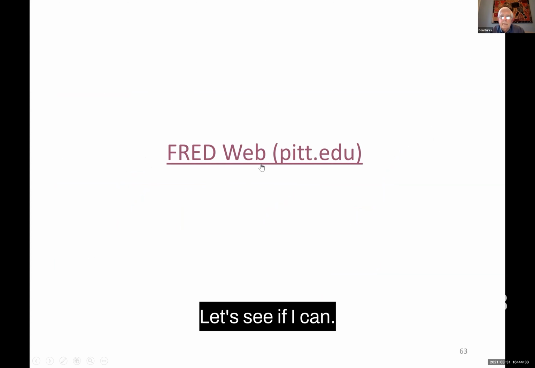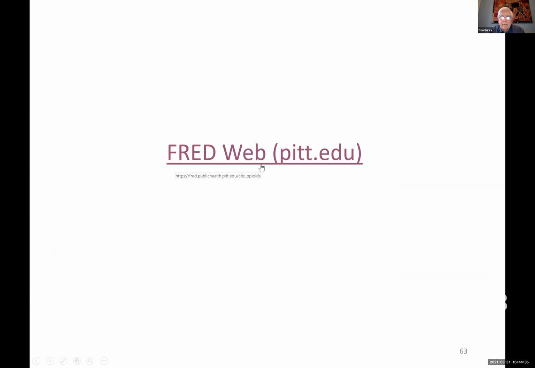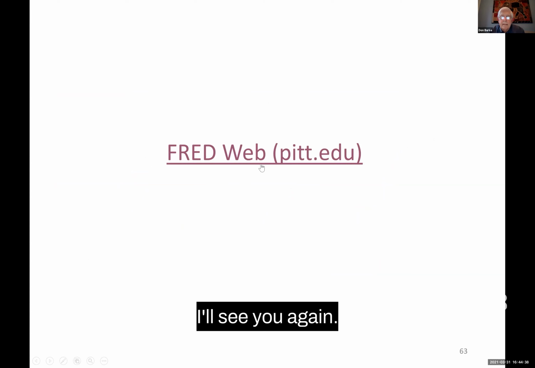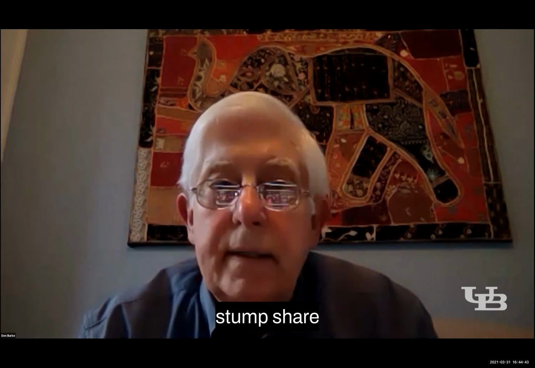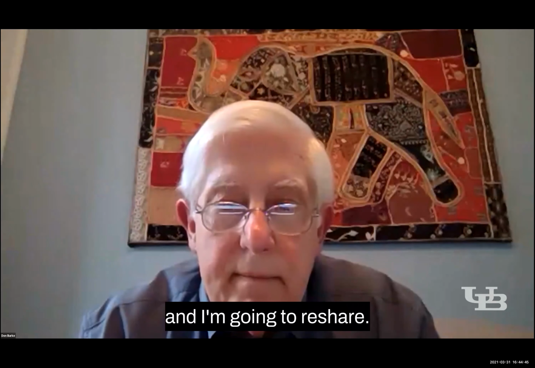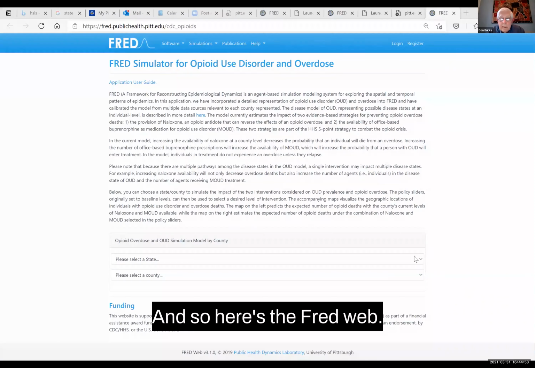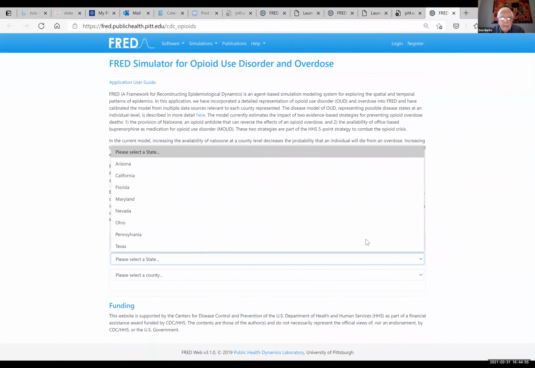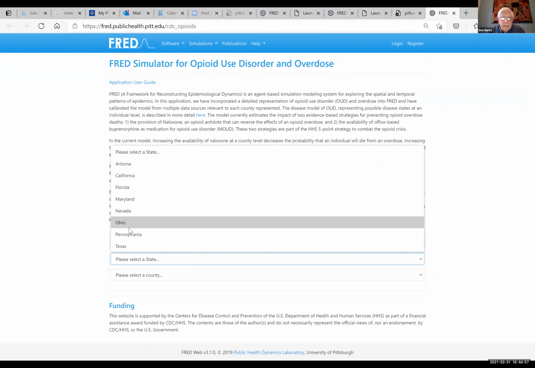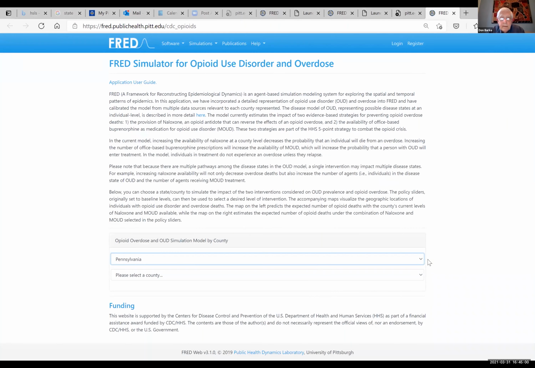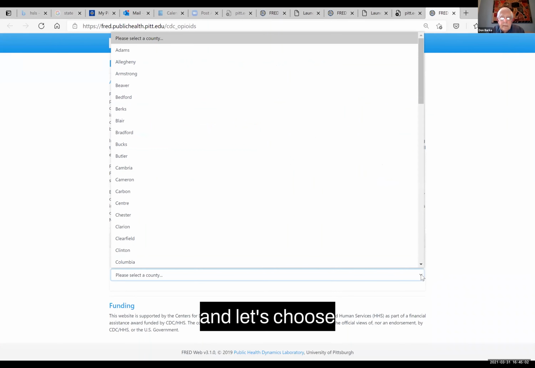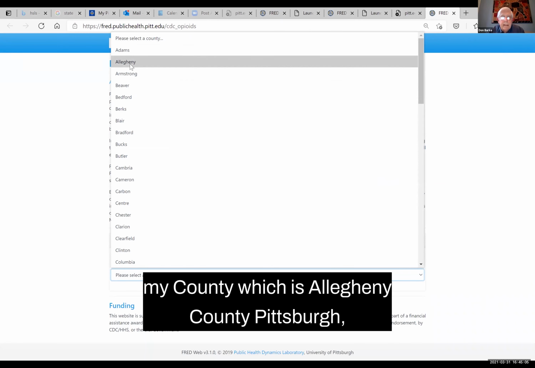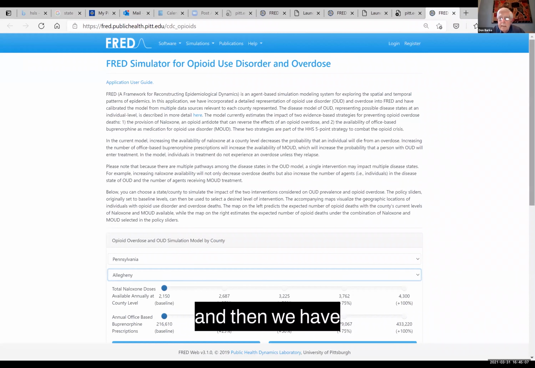Let's see if I can do this. I'm going to stop share, and I'm going to reshare. And so here's the FRED web. Let's choose, I'll choose the easy one, Pennsylvania. And let's choose my county, which is Allegheny County, Pittsburgh. And then we have